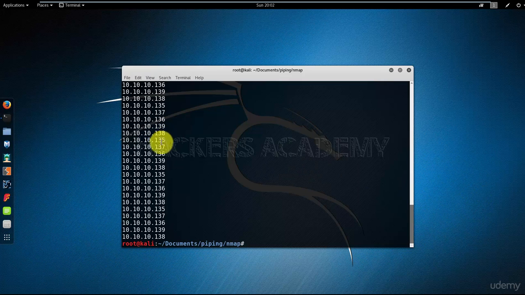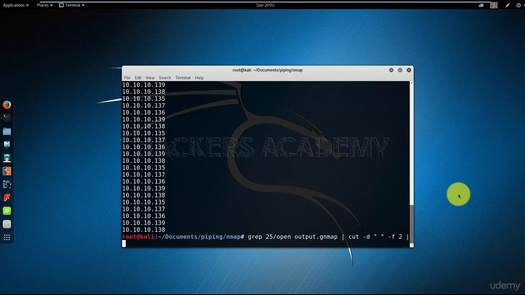Beautiful, excellent. But now notice that I have a lot of replicas. I have a lot of IP addresses that are being repetitive for whatever reason. Maybe my output got messed up, maybe I saved it wrongly, it doesn't matter. What I want to do right now is I want to sort this list and I want to remove all the duplicate entries. So I'm going to reuse the same command and I'm going to use yet another pipe. So now I have the output from the grep command piped into cut. Cut will do its thing on it and then it will produce the output that we just saw on the screen. That output, I'm going to take it and I'm going to pipe it into a third command,